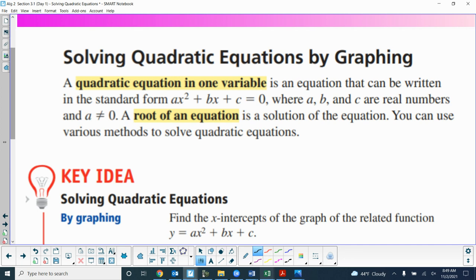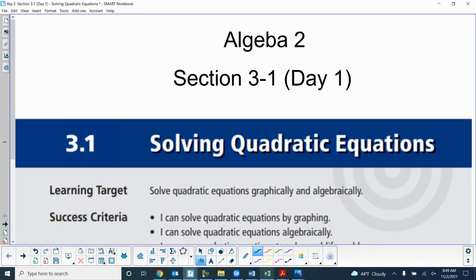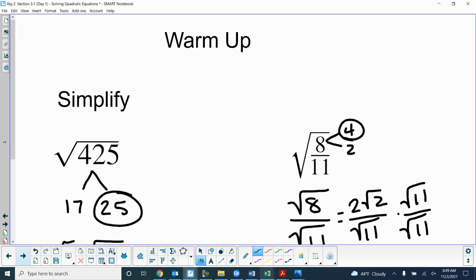All right, so here we go. I'll go back to the first page here. So we're going to solve quadratic equations by graphing and using some algebra, and then we won't do any real life ones today, but some word problems we'll do as well. But we're going to concentrate on graphing and a little bit of algebra today, solving